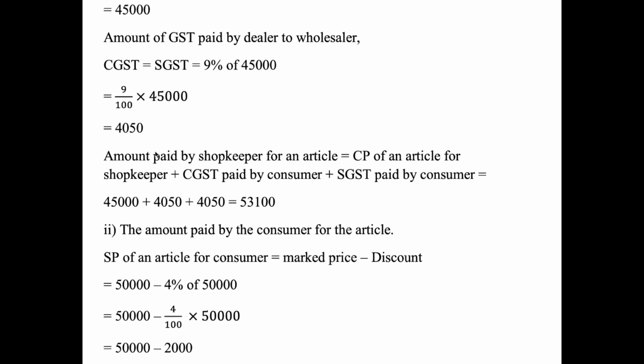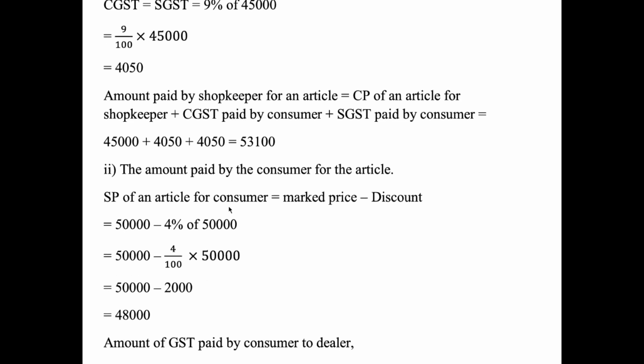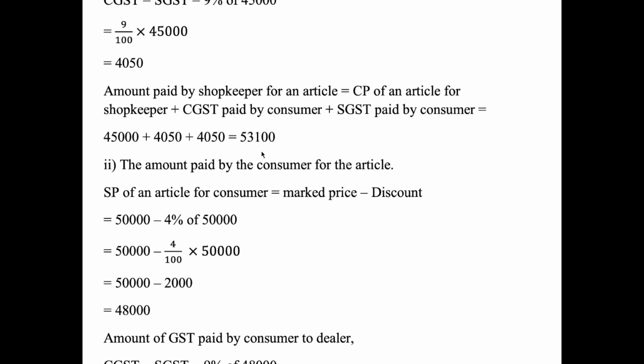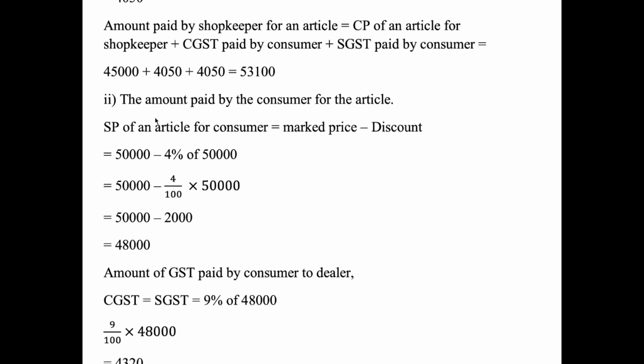The amount paid by the shopkeeper for an article is equal to CP of the article for shopkeeper plus CGST plus SGST. So just add the three figures, that is 45,000 plus 4050 plus 4050, that comes to 53,100. Come to the second part of the question paper that is the amount paid by the consumer for the